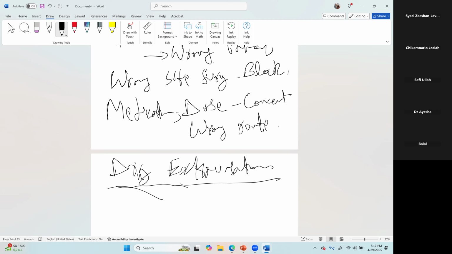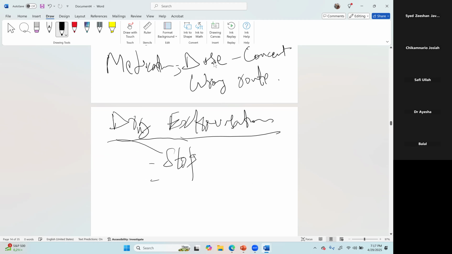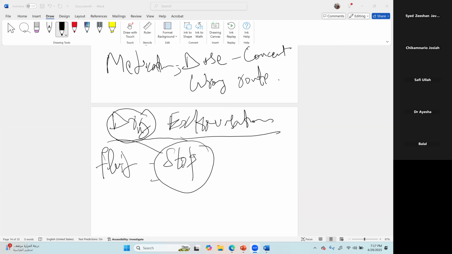Sir, first I should check which drug has been used, how much of the drug has been given, and at what site it has been given. Actually, it's not necessarily only a drug. It is, for example, IV fluid. You put a cannula and it was half in, half out, and fluid went into the tissue and the limb is swelling. So it's also extravasation. The first thing is to stop the infusion immediately, stop giving further. Then if it is fluid and the cannula was not properly in, you will change to another cannula and elevate the limb. You will apply a crepe bandage, and with passage of time,